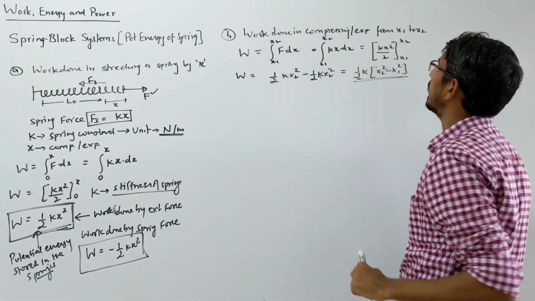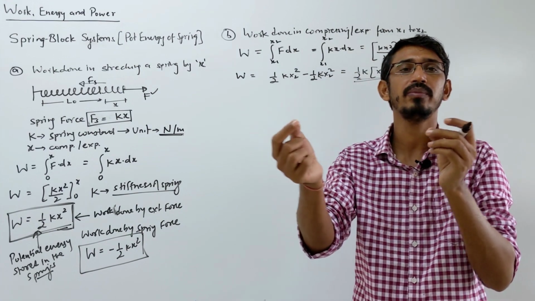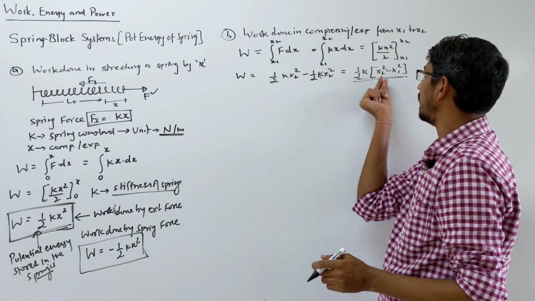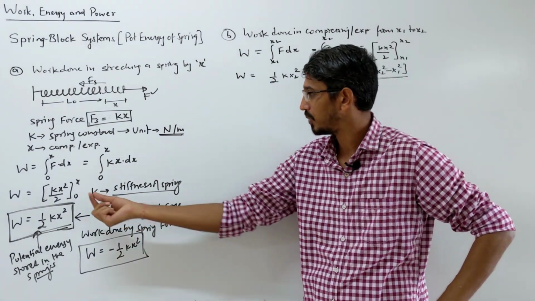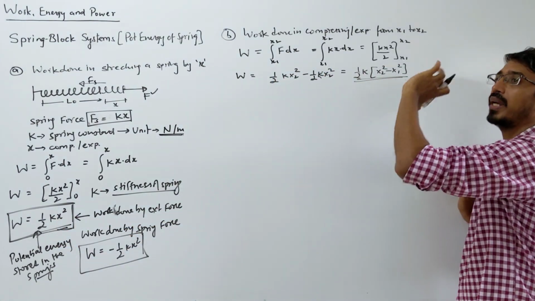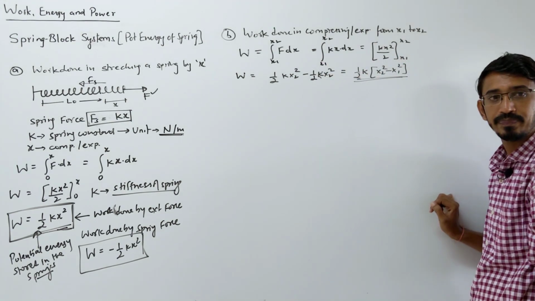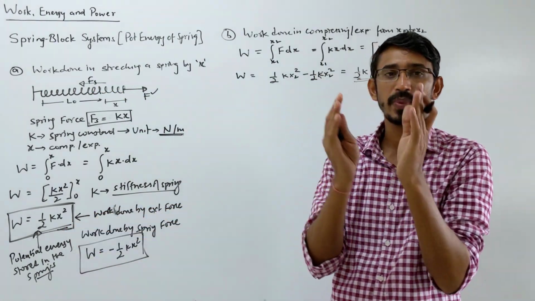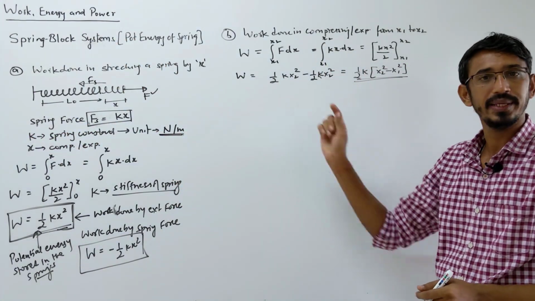People get a little confused here when they ask this type of question. They directly write the formula half kx square, and for x they write, suppose it's already expanded by 2 centimeters, so x1 is 2 centimeters and x2 is 5 centimeters. They directly do 5 minus 2 equals 3, then put 3 in this formula. No, you have to do it like this: half k x2 square, like 5 square, minus 2 square. You have to write this carefully, okay. So from natural length to some distance x, use the direct formula. Or if it is already expanded or compressed by some amount x1 and you want to go further to x2, you have to do it this way, right.